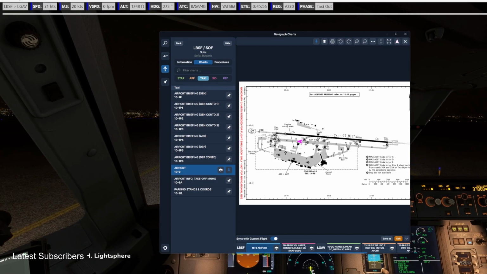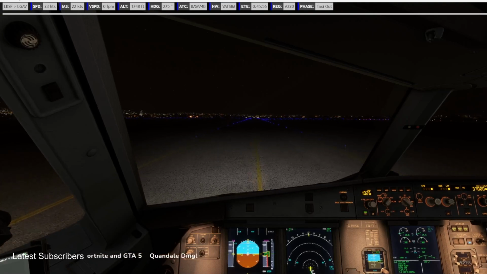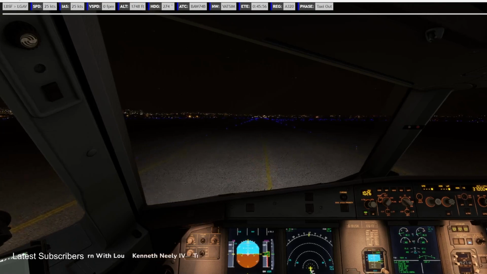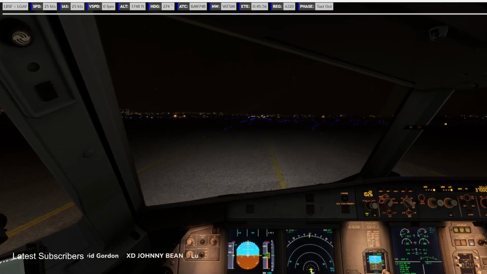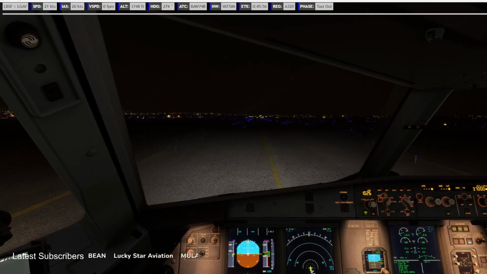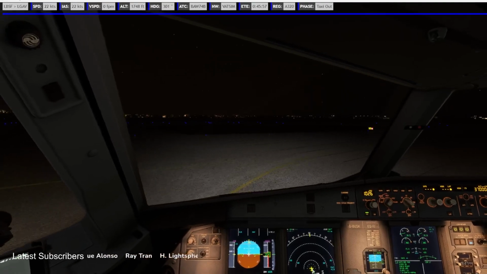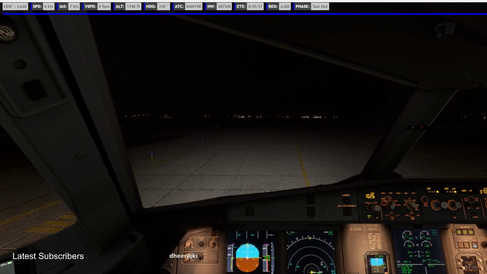So as you can see, we're just taxiing down hotel, and we will take a right onto Alpha and the bottom of runway 09. It's actually going to be Bravo we're taking. We're not taking Alpha at all. We're going to take Bravo, which is this one here. This will put us at the end of runway 09. Just take this turn slowly because it's a bit of a sharp one. There we go, 09. So we're just going to stop here a minute while we...